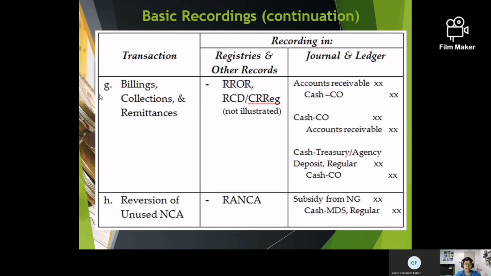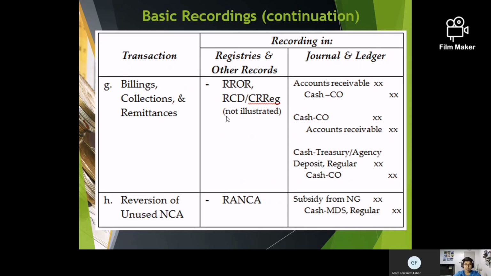Sa next naman natin is sa billing, collection, and remittances. So, update mo yung RROR, RCD, and CRREG. So, ang mga journal entry dyan, siyempre, pwedeng kung nagbayad ng receivable, debit cash collecting officer, credit